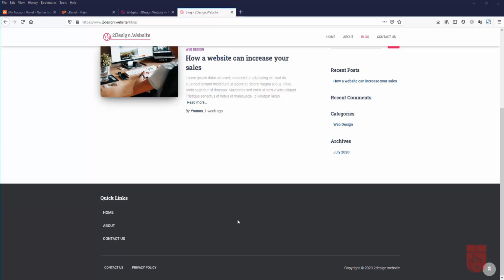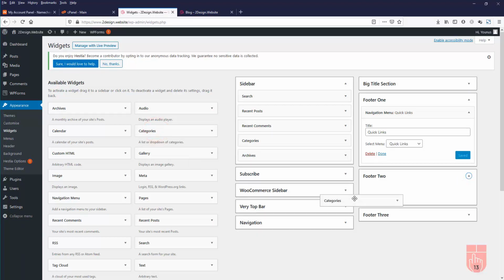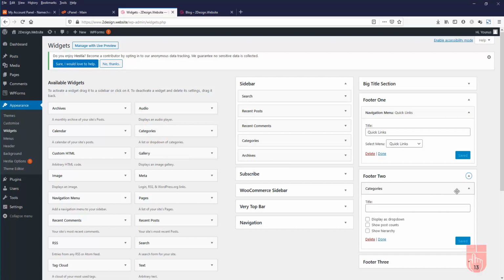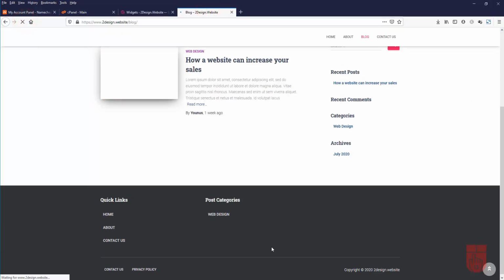In the second footer column I will show post categories. Let's go back to the admin panel, expand footer 2, and then drag and drop the categories from the widgets, and give it a title. I'm going to say here post categories. Click save. Now if I go to my site and refresh the page, I can see post categories here,